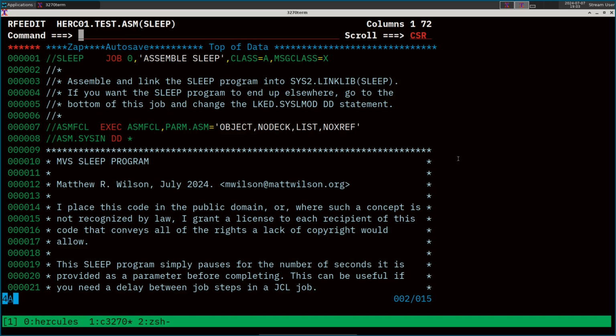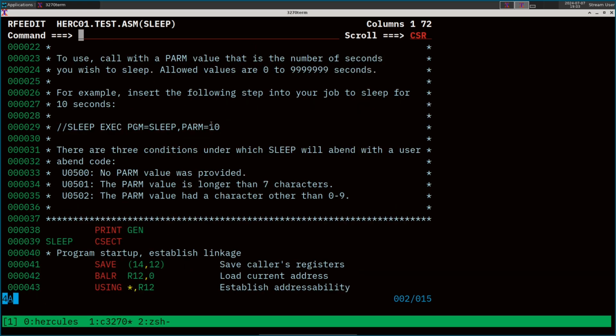to run shell commands under Unix System Services. But also that wouldn't work for our MVS 3.8 because, of course, we don't have the whole Unix subsystem under MVS 3.8. So I thought, it'd be convenient to have a little program that you can just run as a job step. I called it sleep. It takes a parameter that is the number of seconds you want to sleep,